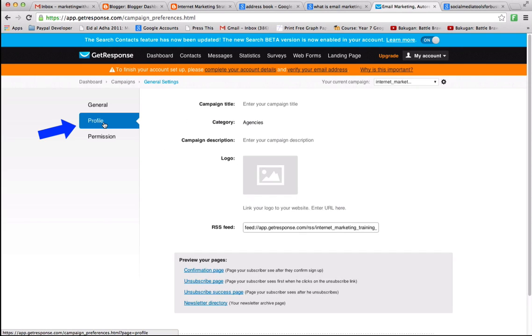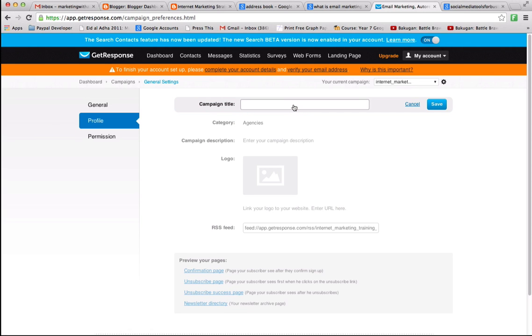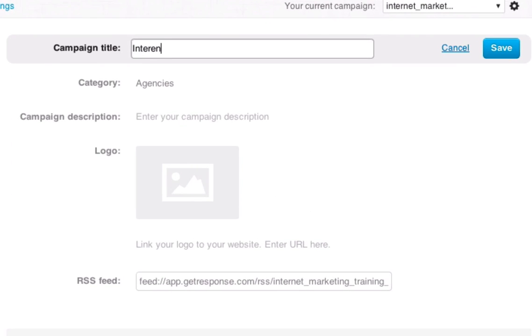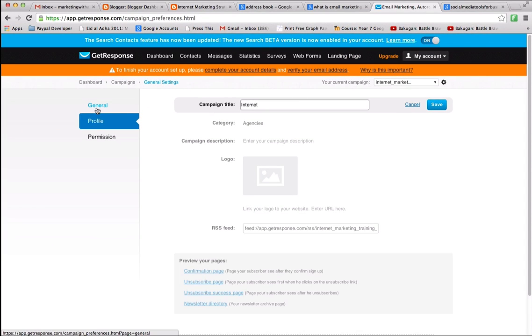Let's go to the next tab on the left hand side called Profile. Here I can add a title to our campaign. It's different. It's not the same as the other field, which was the database name. You can use the same name, but you need to make this sensible, because the database name that we have chosen, which was the previous screen, I'll just go back to that, was